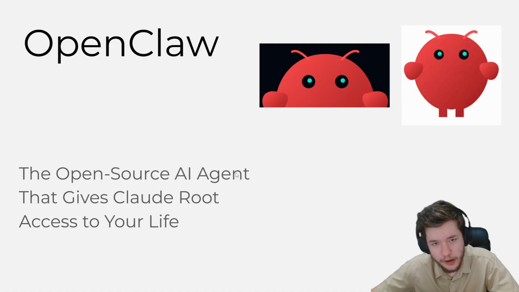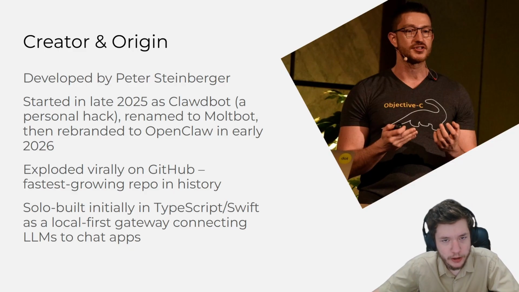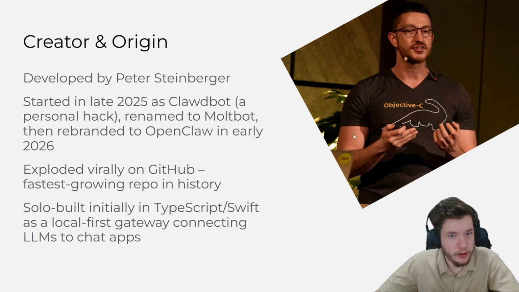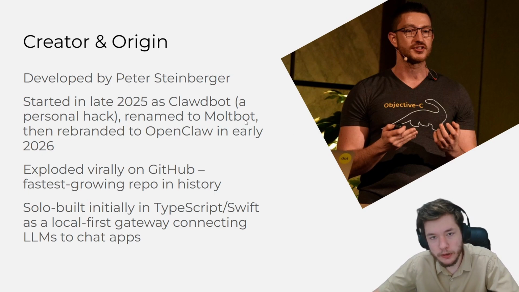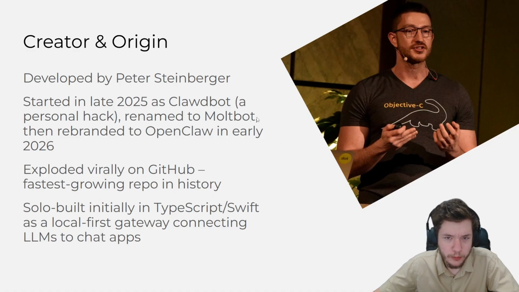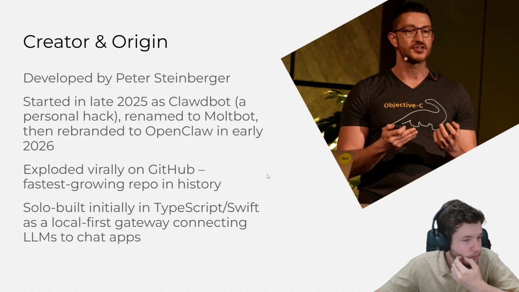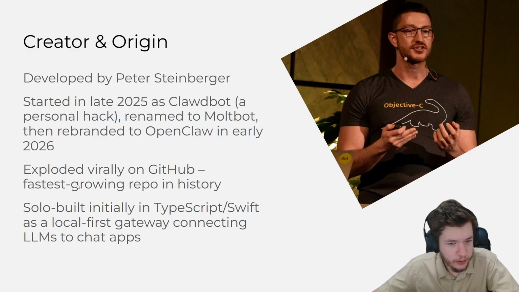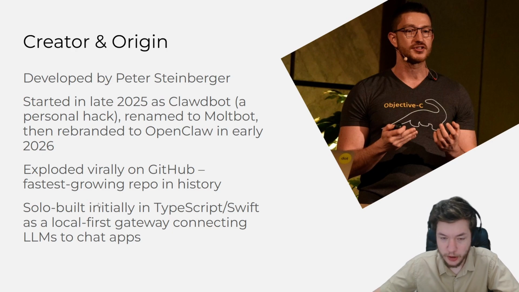OpenClaw is the open source AI agent that gives Claude root access to your life. It was created by Peter Steinberger, starting in late 2025 as ClawdBot, and it got renamed Moltbot, and it was known for the social media. So it blew up with the social media Moltbook and then got rebranded to OpenClaw later. And it exploded widely on GitHub in February. It is actually the fastest growing repo in history. It was solo built using TypeScript and Swift as a local first gateway connecting LLMs to chat apps, and it got